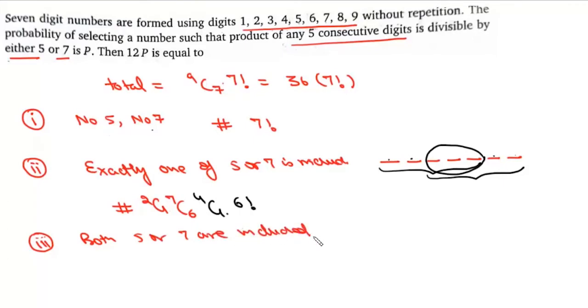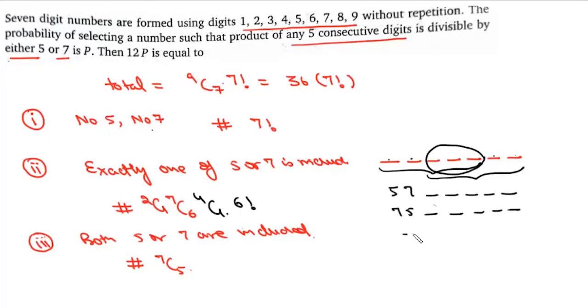And then the third case, when both 5 and 7 are included. Now if both 5 and 7 are included, in that case we already have 2 numbers. That means from the remaining 7, we have to select any 5. So there will be 7C5. Now the numbers formed by them must not be divisible by 5 or 7 for any 5 consecutive digits. So it can happen if the number starts with 57, then we'll have 5 digits which are consecutive and not divisible by 5 or 7, or it can be 75,